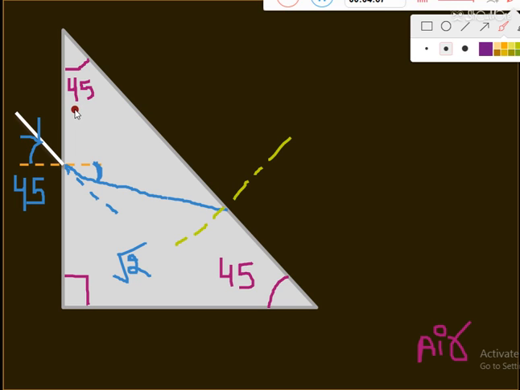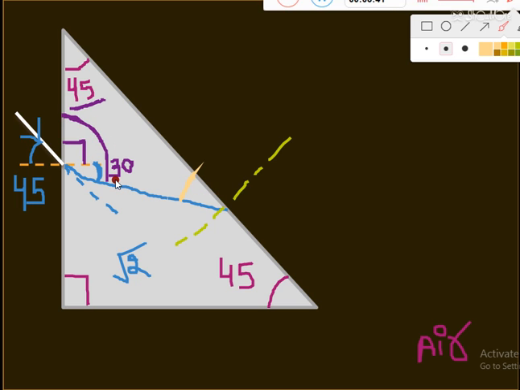So let me find some angles. So this is 45, this is 90, this angle is 90, this angle is 30. So 90 and 30 will make 120. So that means if I talk about this angle, this complete angle will be equal to 120 degree. Now if it is 120 degree, this is 45, 120 plus 45 is 165. So that means this angle is 15 degrees. Students, I hope this is clear, because sum of the angles of a triangle is equal to 180.